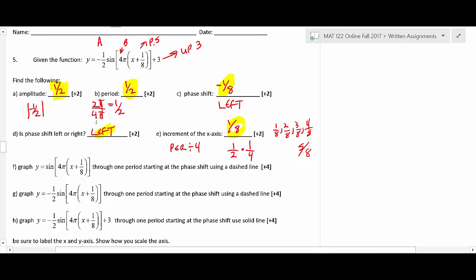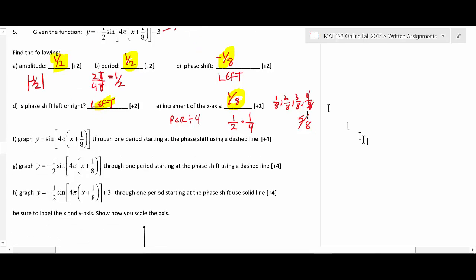Okay, and then you would make it through your points like that. So you're just going 1, 2, 3, 4, and keeping that denominator alone. Okay,